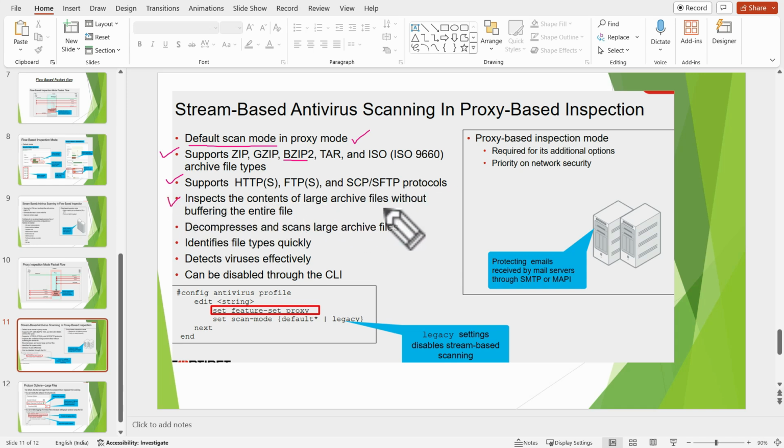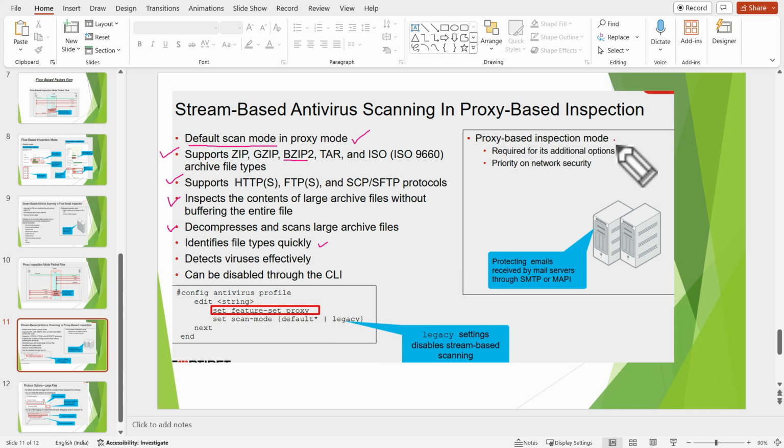It inspects the contents of large archive files without buffering the entire file. It decompresses and scans large archive files, identifies the file type very quickly, detects the virus effectively, and can be disabled through the CLI. So we can disable or enable it via CLI.